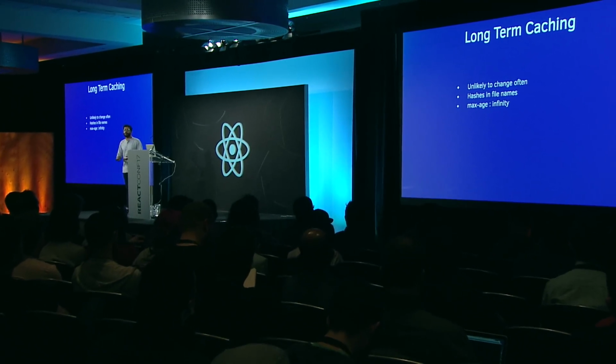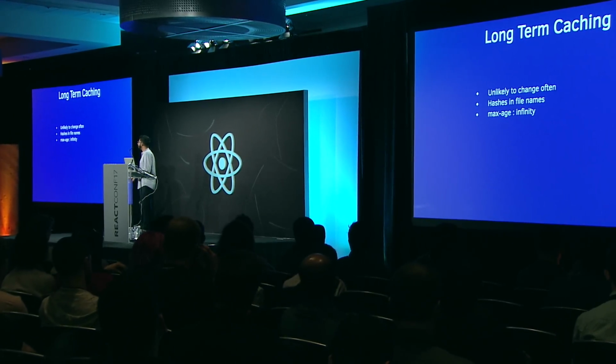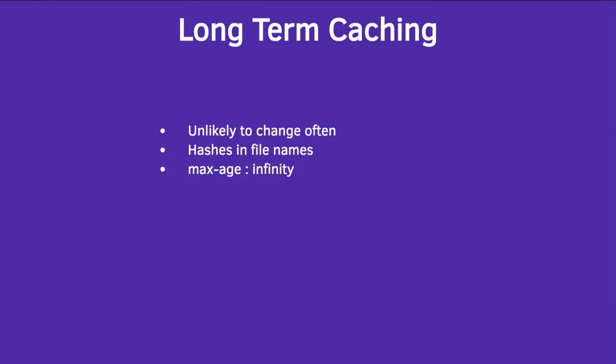And your vendor file can be cached forever. By forever, I mean put a hash in the file name, right? As long as it doesn't change, the user doesn't need to re-download it. You change your components, change your reducers, change anything else, he's not re-downloading React. And that makes a huge difference in terms of the second time the user visits your site, they're not going to have to re-download so much stuff. Cache it forever at the CDN level in the browser, and you're good to go.